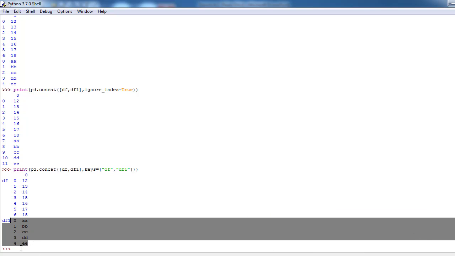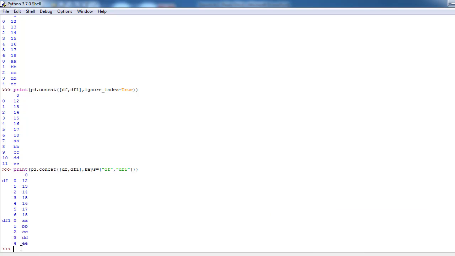We can append the existing TF with a new TF. For example, TF dot append of TF1.